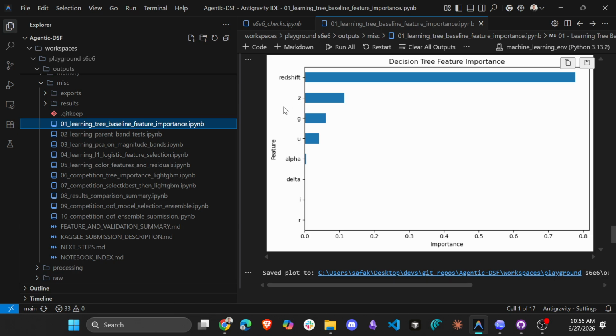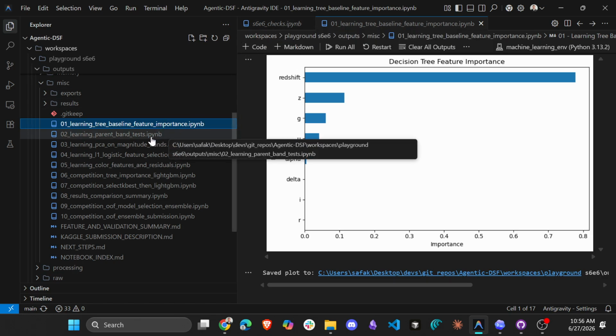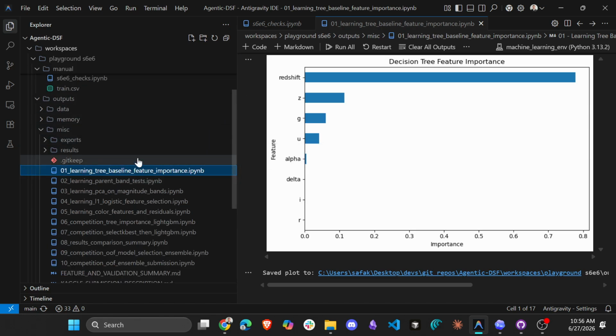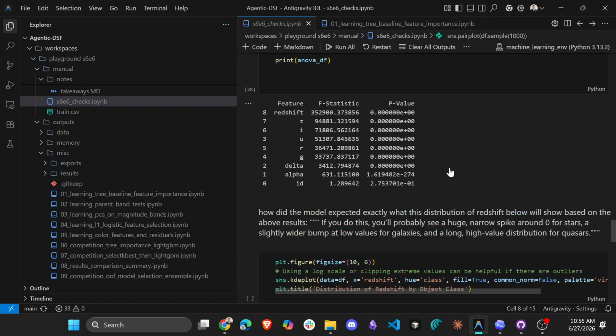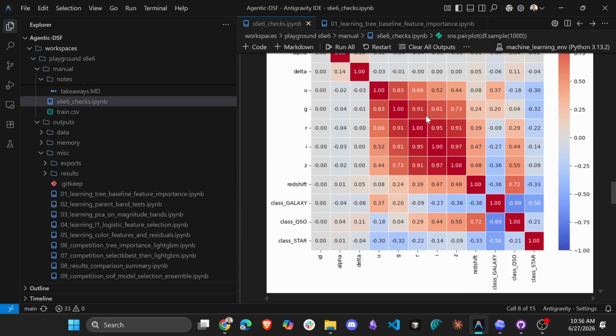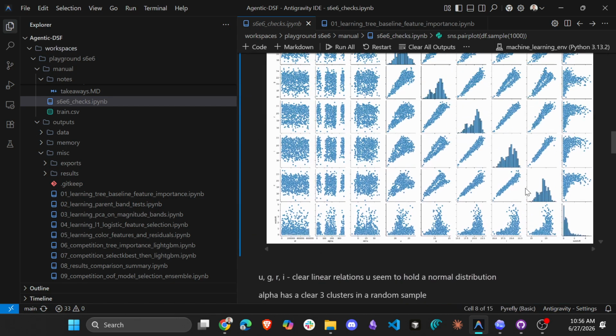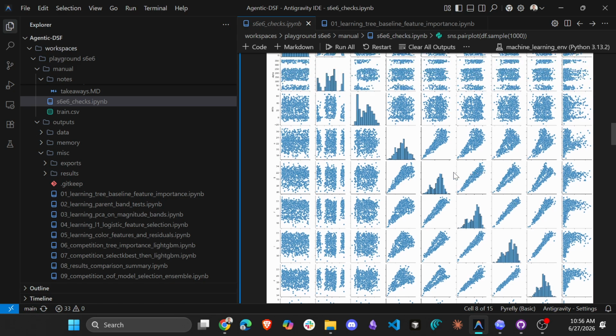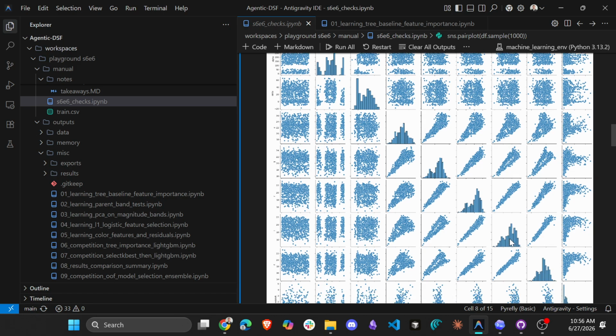So, okay. But then I had this one concern, not concern, but curiosity about something I saw. I noticed that these color bands have high correlation with each other. And okay, that's expected. But I also see some of them seem skewed, and some of them seem more normally distributed, like the U and the Z. I don't know if that means anything, but I was curious and I asked, hey, can I use one of these to make